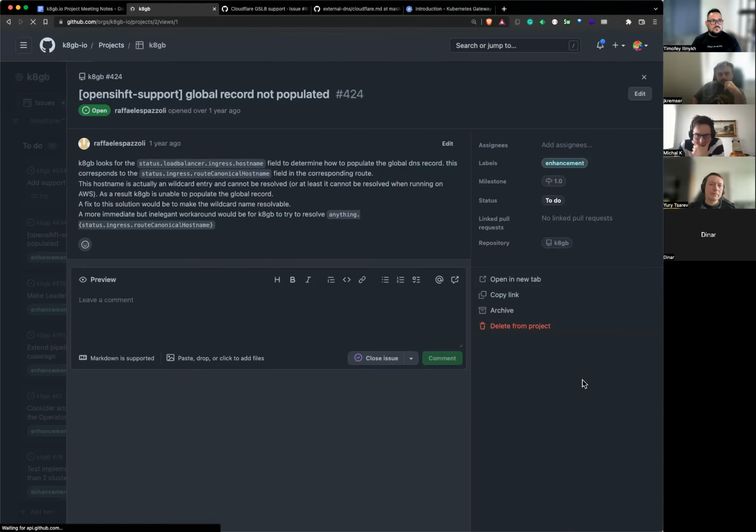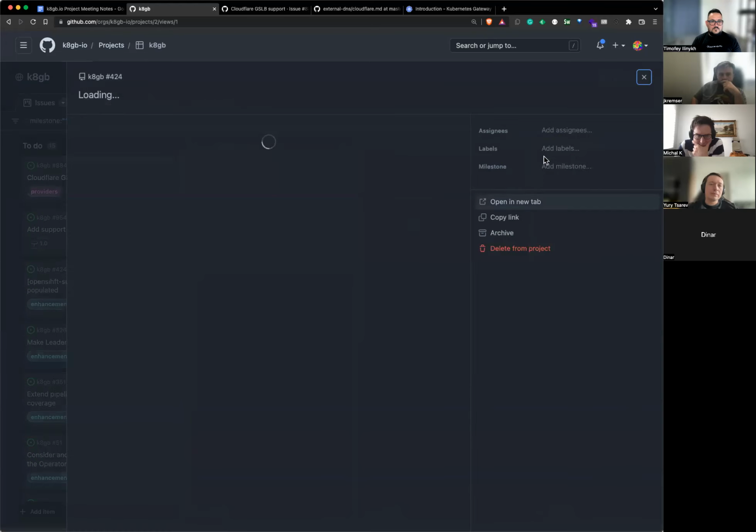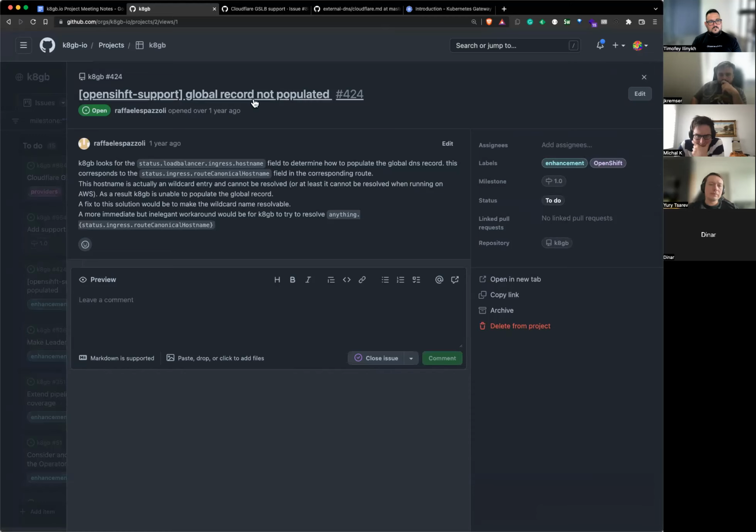I think we should reconsider decoupling the GSLB CRD from that resource generation or sync up. If we manage an ingress, we shouldn't create a GSLB with this ingress and then sync it back.